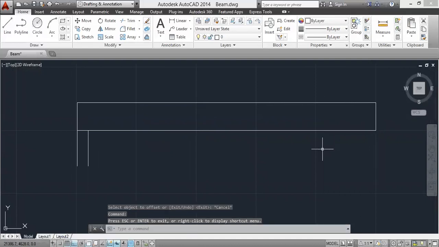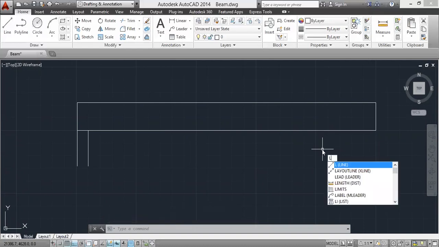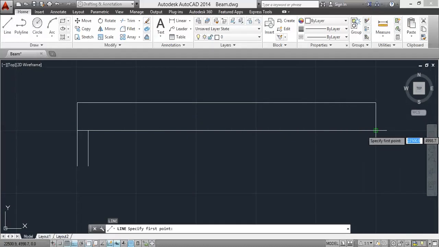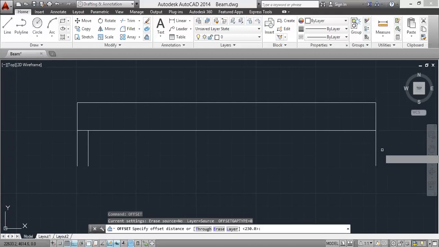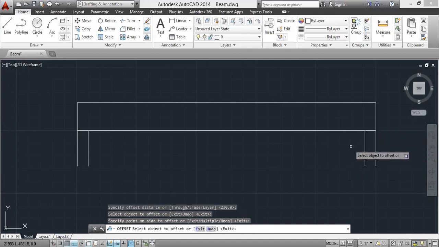Next, L, enter, 700 mm. Enter. Okay. Offset 230 mm. Enter. Click on this line and click here. Okay. Escape.